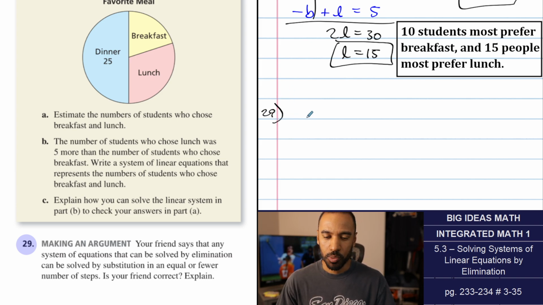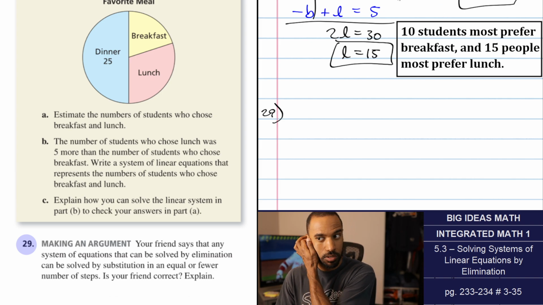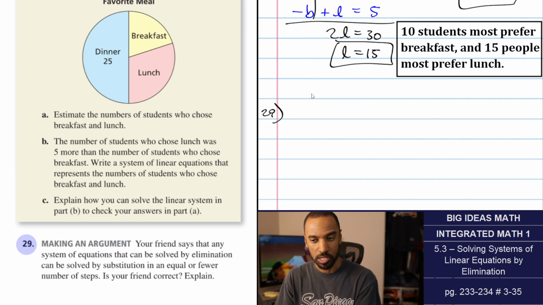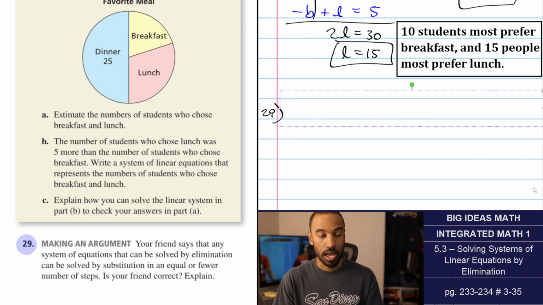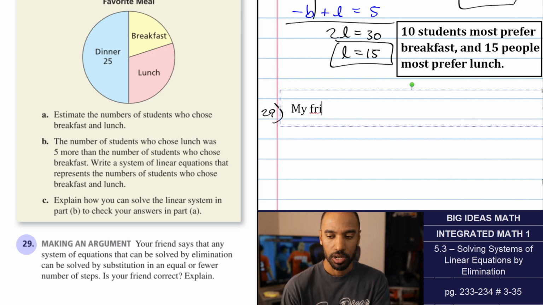Let's move forward. Number 29. Your friend says that any system of equations that can be solved by elimination can be solved by substitution in an equal or fewer number of steps. Is your friend correct? Explain. No. Any one that can be solved by elimination can be solved by substitution, but substitution isn't always going to be fewer steps. My friend is incorrect,